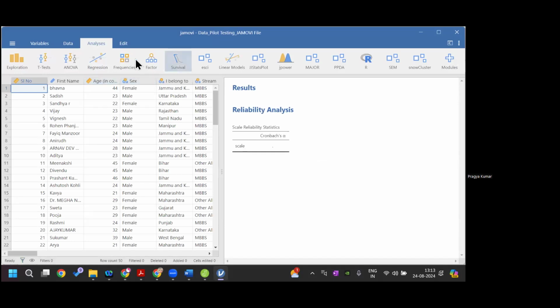So this is the Jamovi interface. You can see it here. You will find it in Factor, the factor analysis menu. Like in JASP, where reliability needs to be added, but in Jamovi it is there in the Factor option. So if you click this,